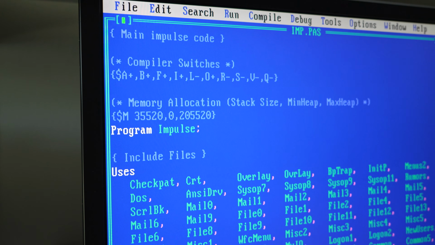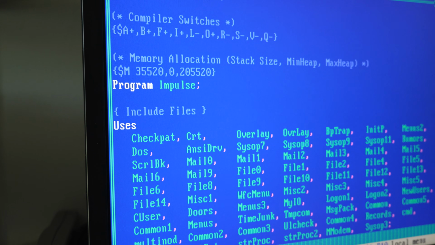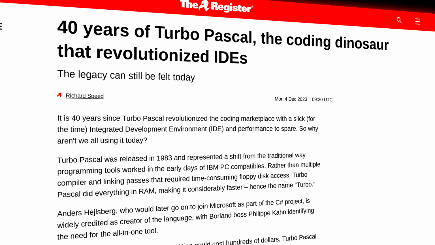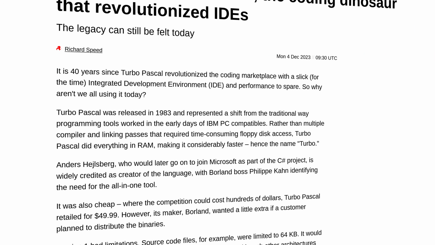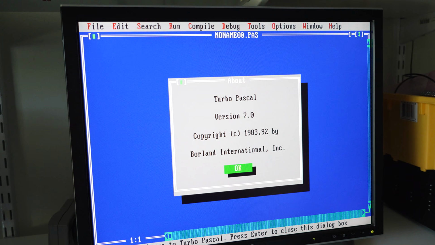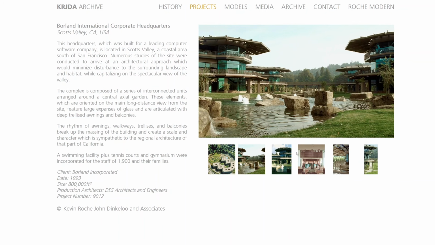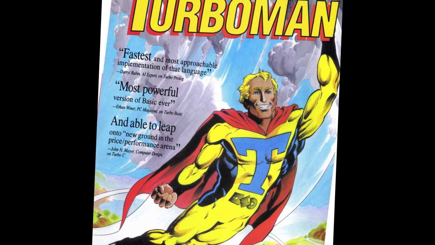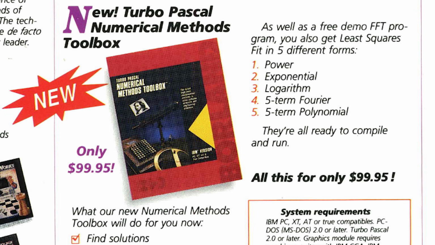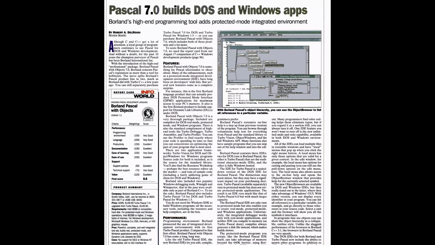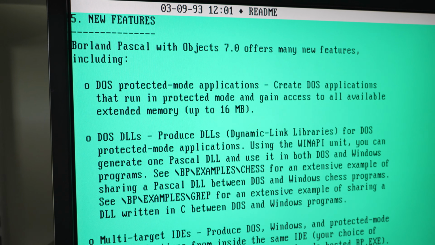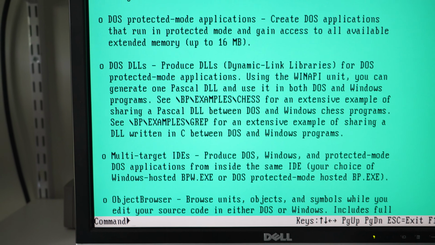In the case of Impulse, imp.pas is the main program file, and the rest of the PAS files are the supporting units. Back in the 90s, if you were developing Pascal applications like bulletin board systems, you'd most likely be using either Turbo Pascal or Borland Pascal, both from Borland International. Turbo Pascal was incredibly popular with hobbyists, students, and indie developers thanks to its price point at just $100. Borland Pascal, on the other hand, was the professional-grade version, costing anywhere from $300 to $500 or more. It included advanced features, additional libraries, and professional development tools that corporate developers needed.